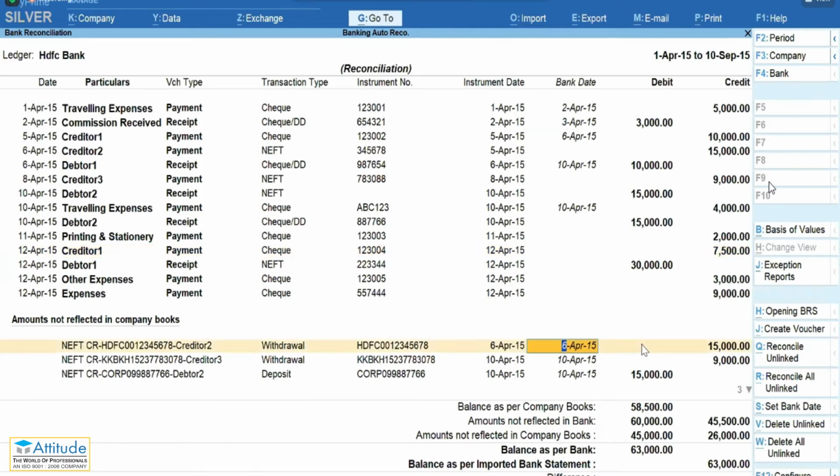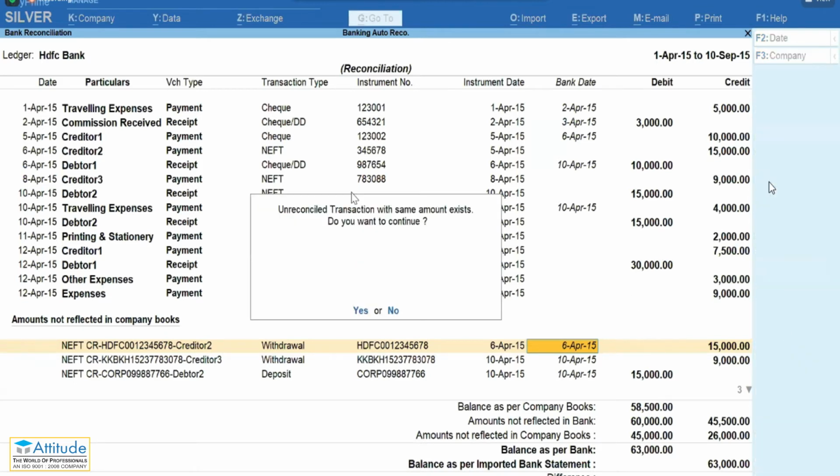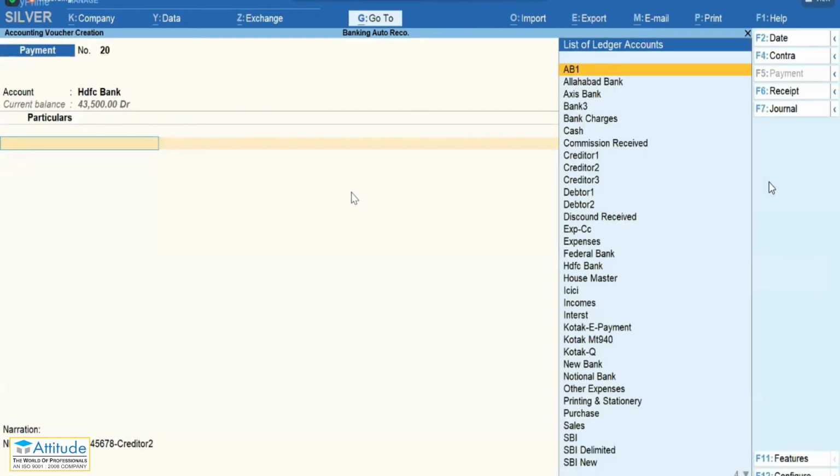So what you can do is directly make the entry from here. This is a very good tool for those CAs who are doing the accounting for their customers also. All they have to do is create one voucher, press enter, yes, and that voucher is already here. The bank is already selected.